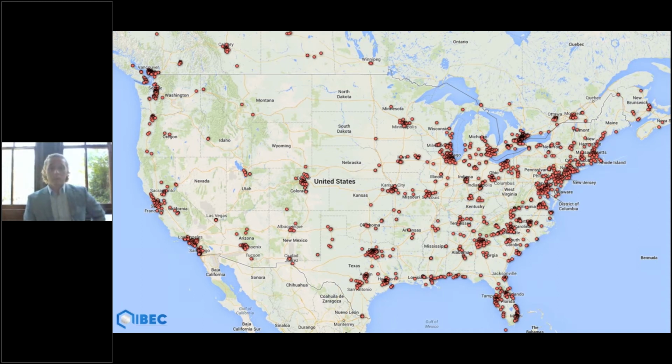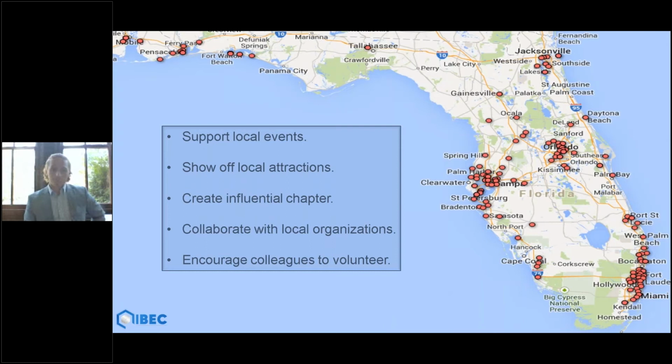So chapter leaders need to know who's in their backyard, but also what local attractions their chapter has that perhaps other chapters or other regions of the United States aren't able to offer. And we certainly encourage chapters to play to your strengths. So if you're the New England chapter and you have a big lobster feast every year, that's playing to your strength and highly encouraged and welcomed.